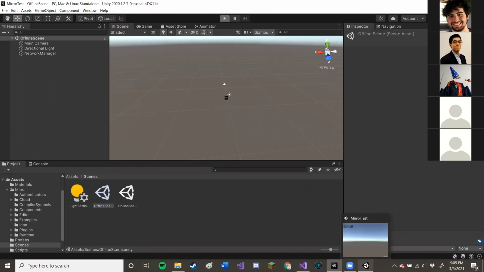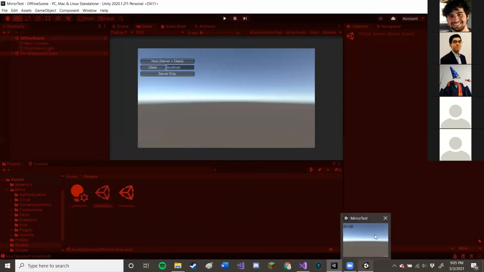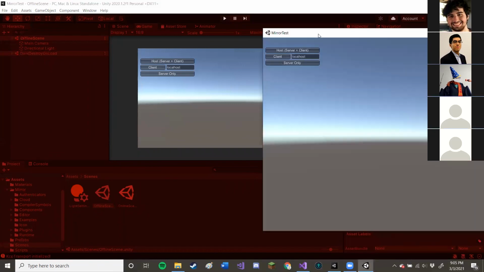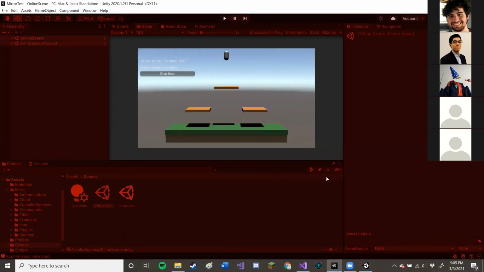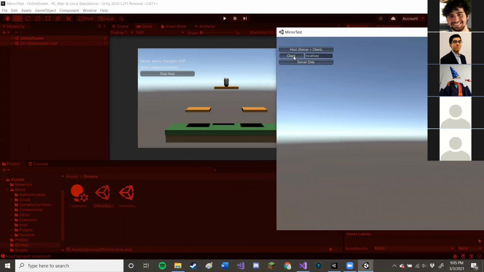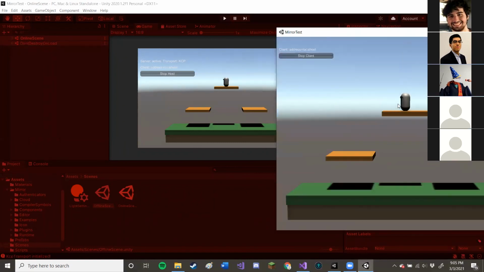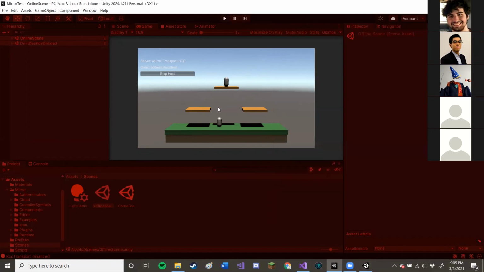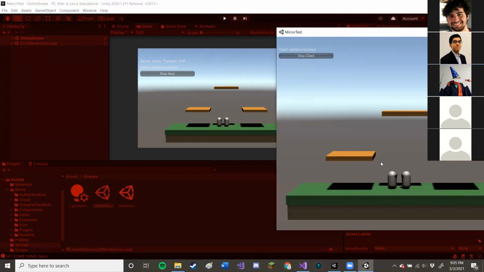It's going to get really annoying to switch back to the offline scene every time. And you might be tempted to stick a network manager in the online scene to speed it up, but that's just going to cause more issues. So it's just in your best interest not to do that. So, this copy, and then nothing happens when I switch to the client.